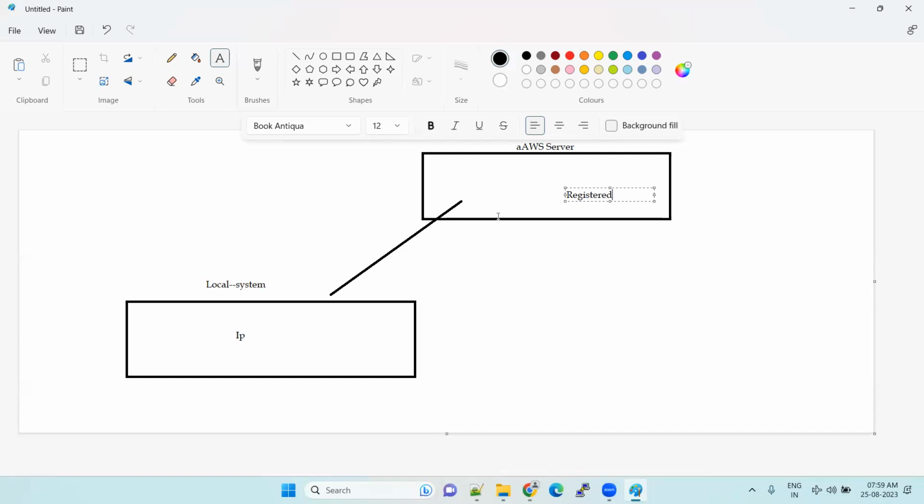Connection refused. Okay, so this is about allowing the IP address. For example, if you are connecting from one Linux system to another Linux system, by default we are connecting via SSH. The default port of SSH is 22. If the SSH port 22 is enabled in this server and my IP address is registered, then only I can access it. Those types of rules we can define under the